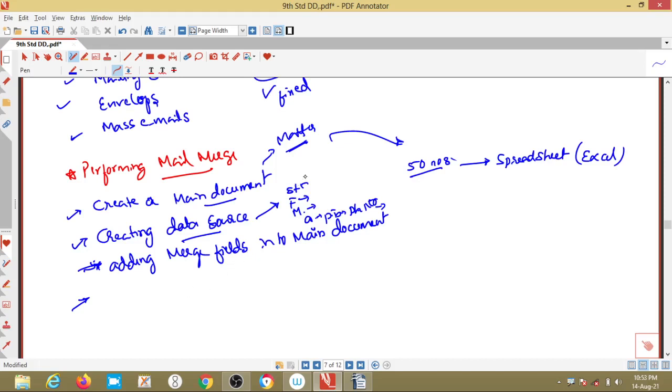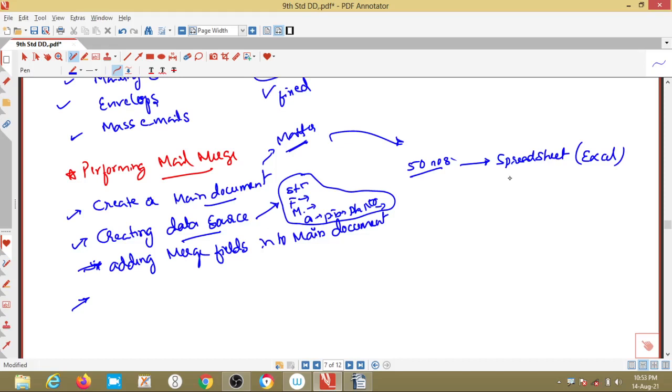Merge fields are the common fields which have to be merged to the main document, and they have to be there in the data source also, which has to be created in a spreadsheet or Excel.